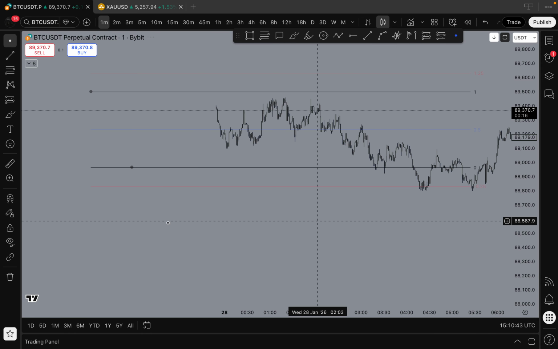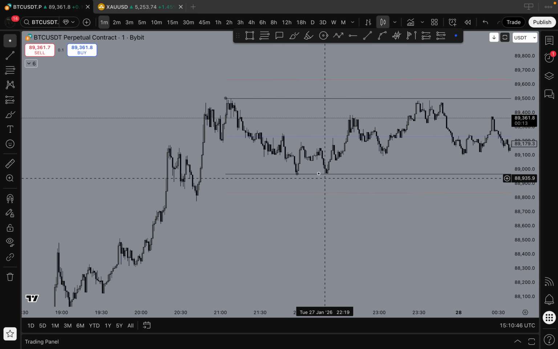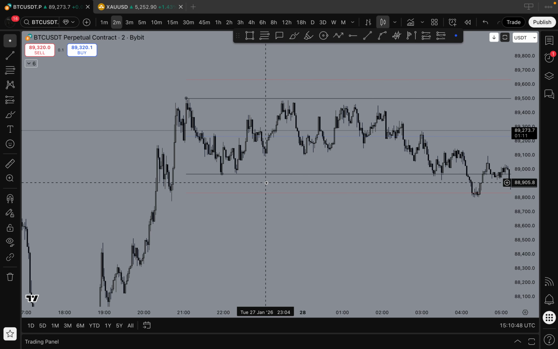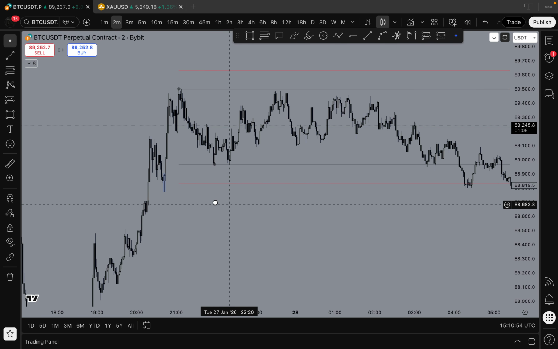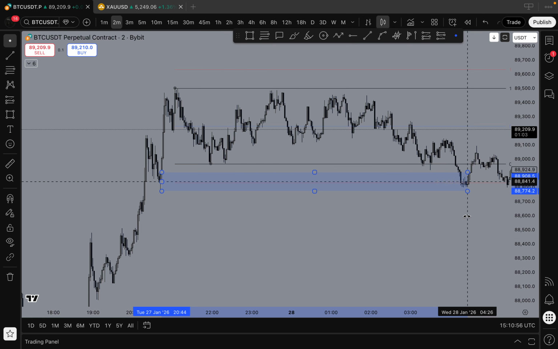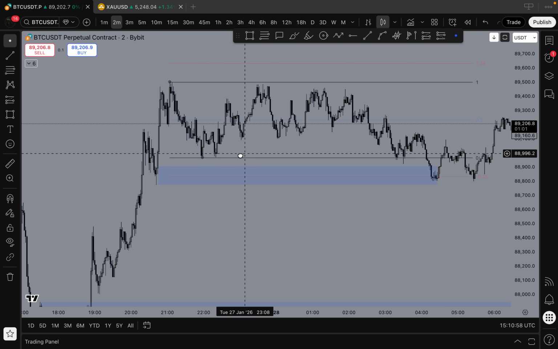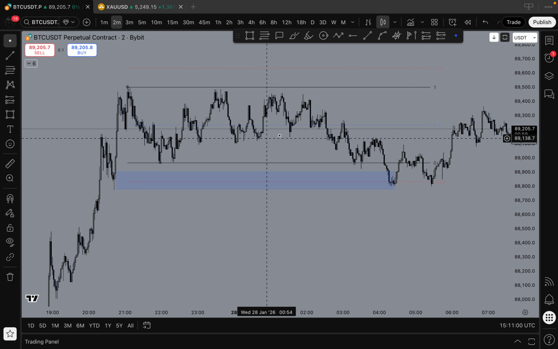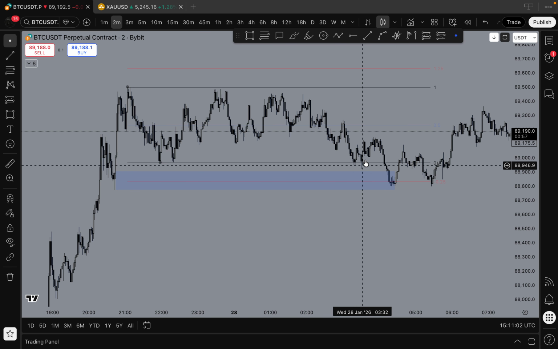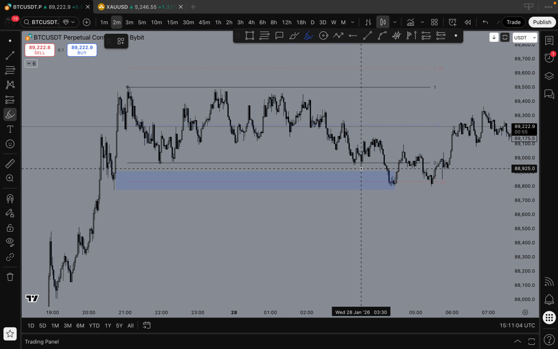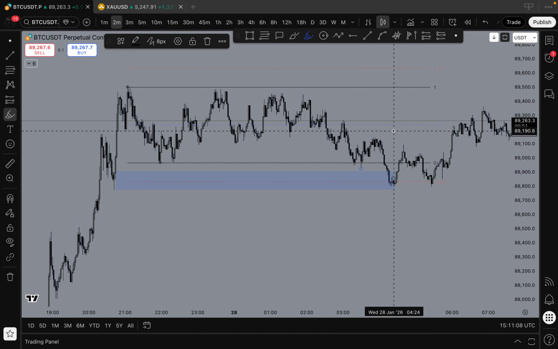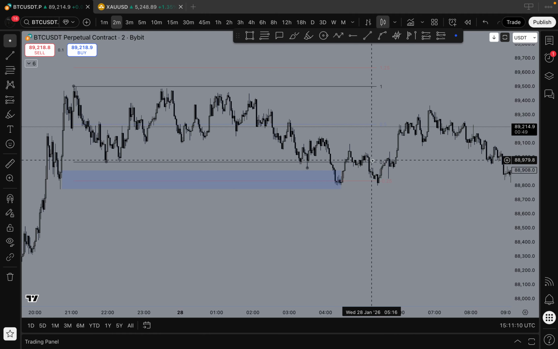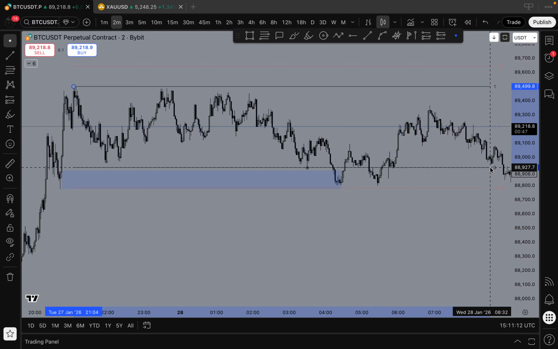Let's see, maybe we even had, on the 2 minutes, it's not too clear here, but you had some demand aligning here. Right there. But if we look at just the range high, range low, then what does price do? Price takes out the range low, comes back in your range. The moment you get acceptance back in your range, you can extend your range basically to that new low, in which you now have